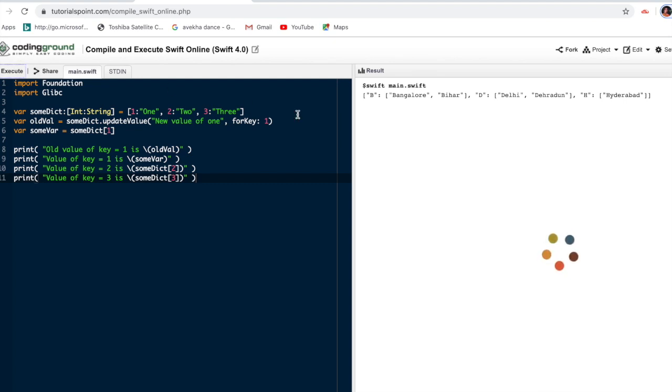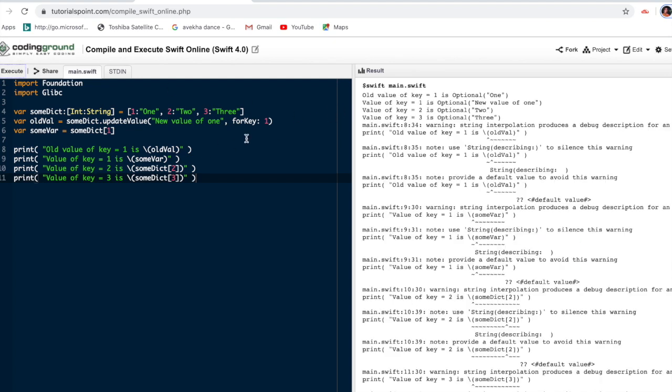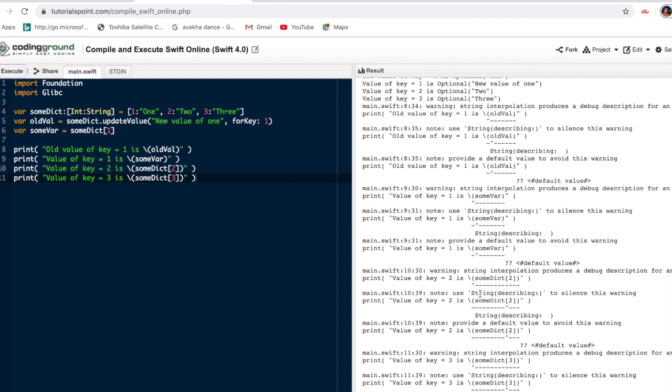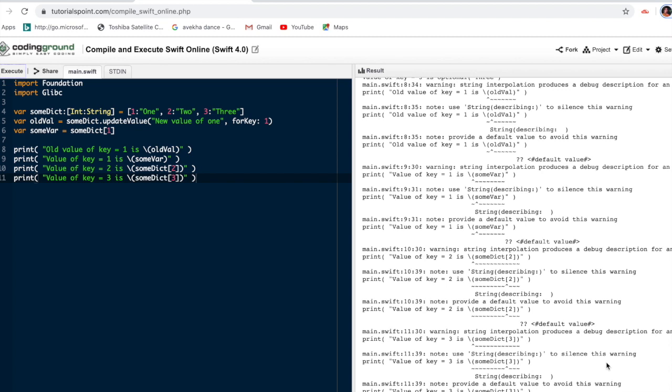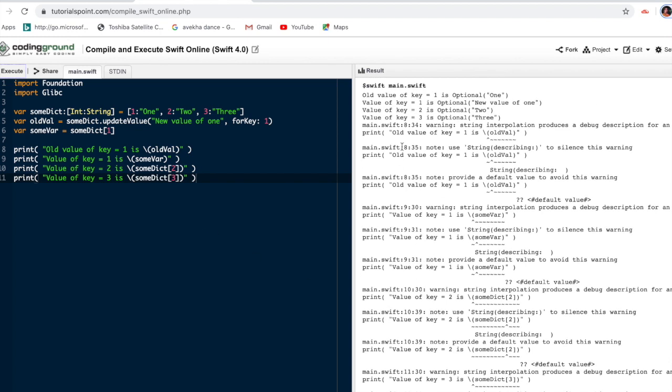Actually here it is showing many problems. It is giving a warning. Okay, this is all warning. The output actually here is, this is the output.